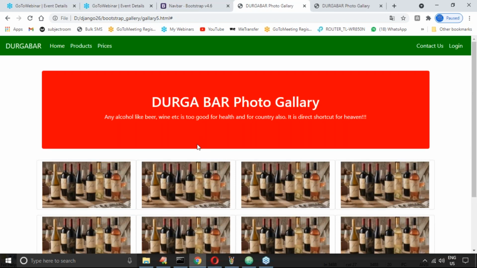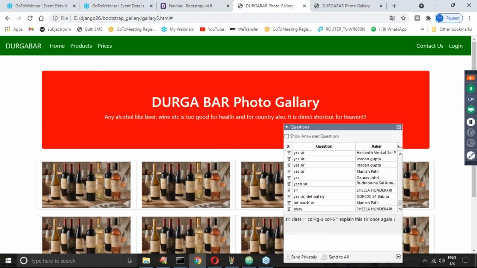Okay. Next, there is one small thing I want to explain, just a matter of a few minutes. Observe carefully. Sir, here I want to take one icon image also, a camera image.